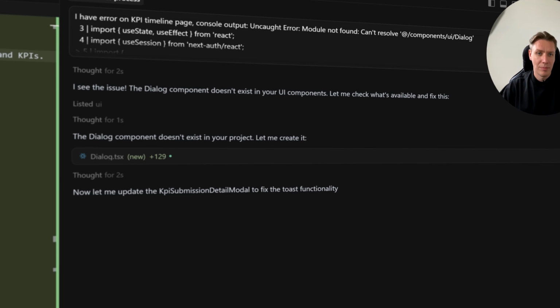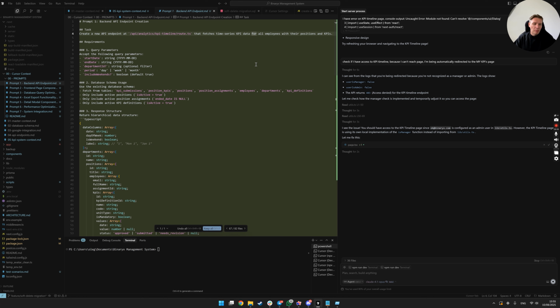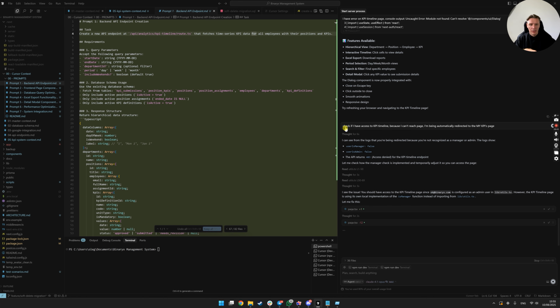Oh, it missed something. Oh, like usual. We just fixed the problem, and I see that another problem has appeared, and I already created a prompt for it. When I'm trying to reach the page that it created, I don't have access to it because it forgot to make me an admin on that page. So it will add me right now, and we will see what output result we get.